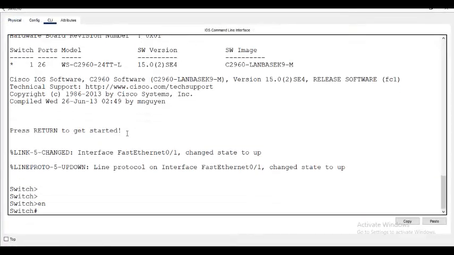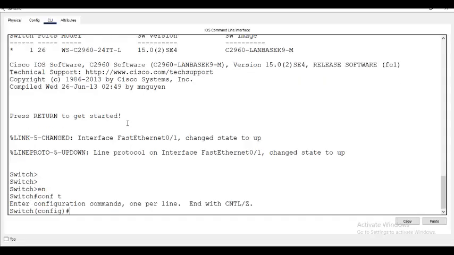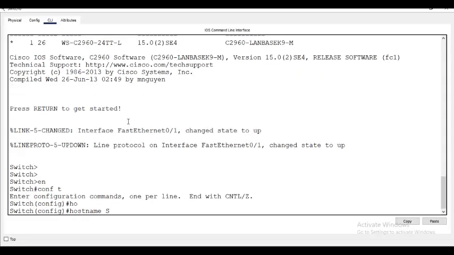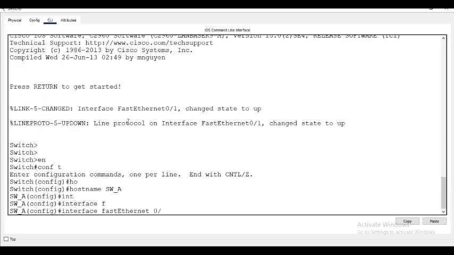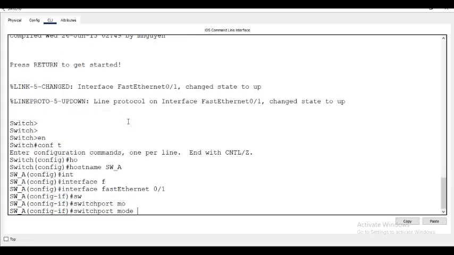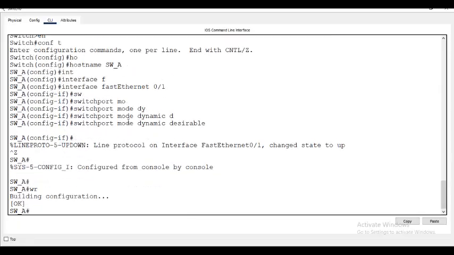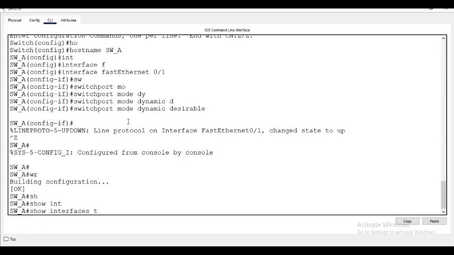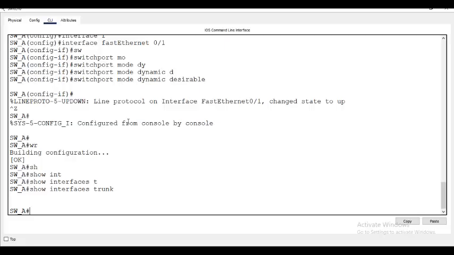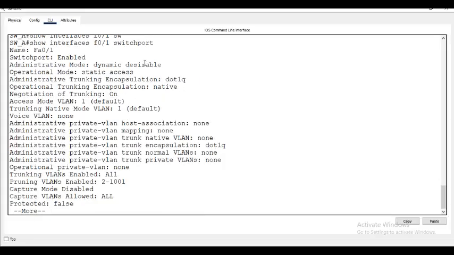The other guy, show interface F0/1 switchport. The other guy cannot support because administratively it is access. Show interface trunk not possible at all. You see, this has turned green, but still it is continuing to be access because the friend is not supportive. Did you understand the meaning of dynamic desirable now? Right. Let's solve